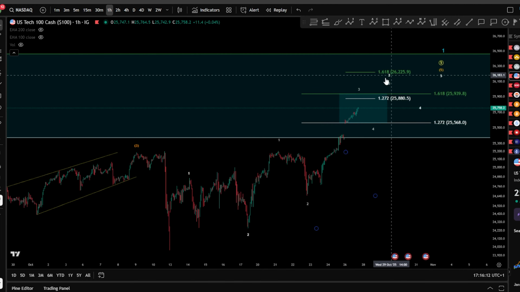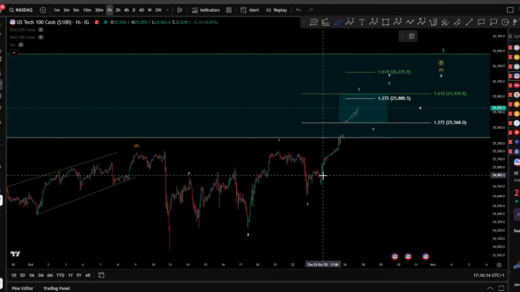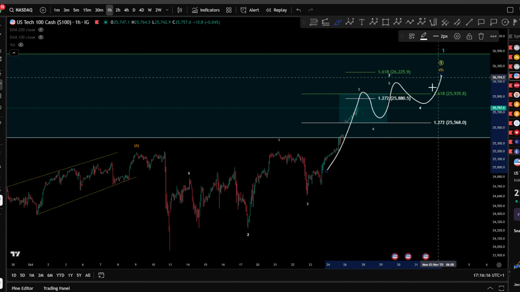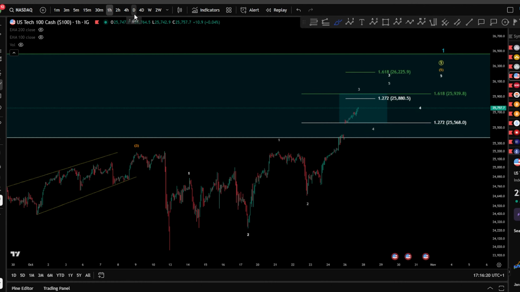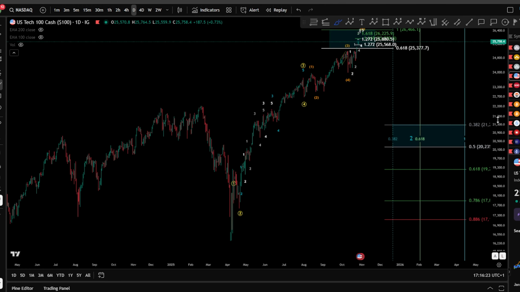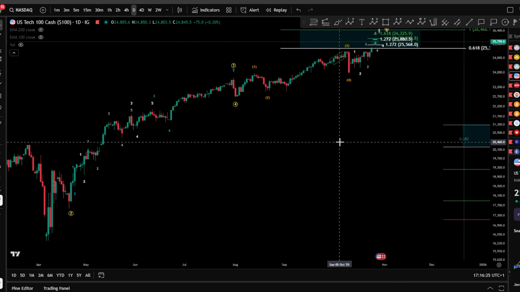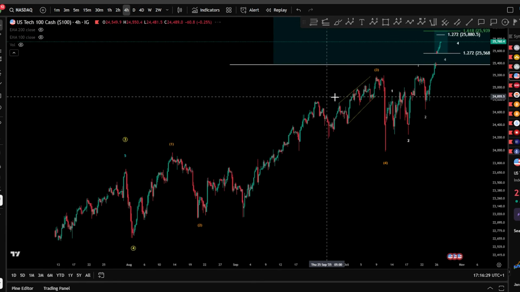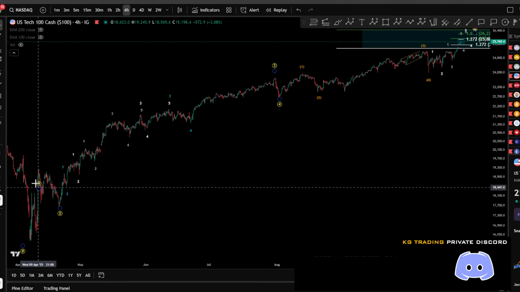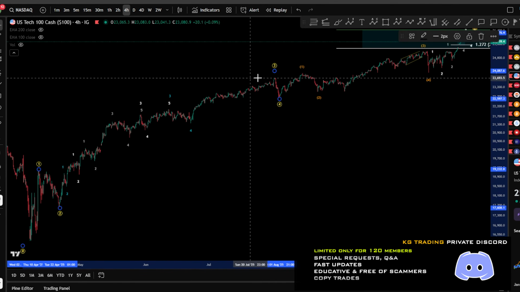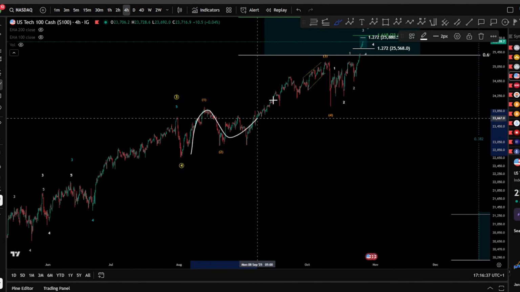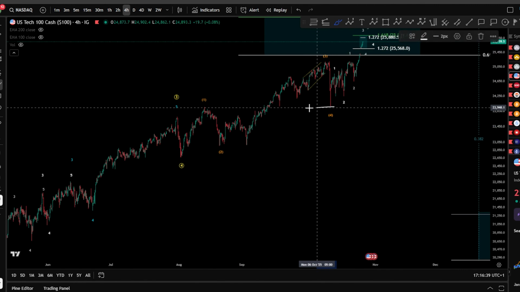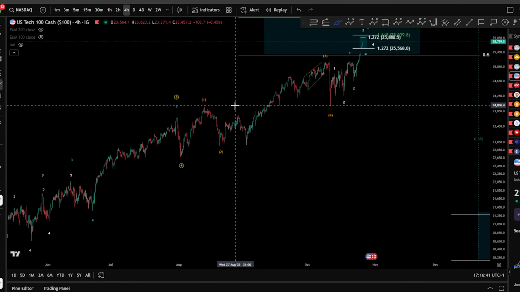So what I'm still looking for is to finish a wave 3, 4, 5, 4, 5, which might end up as a wave 1 finally for this impulse, which we are looking at here exactly on Nasdaq on the daily or the 4-hour chart. We can see clearly that we have a huge wave 1, 2, 3, 4, and a 5. The wave 5 is still unfolding as a 1, 2, 3, 4, and a 5. No invalidation taken here, we can say.